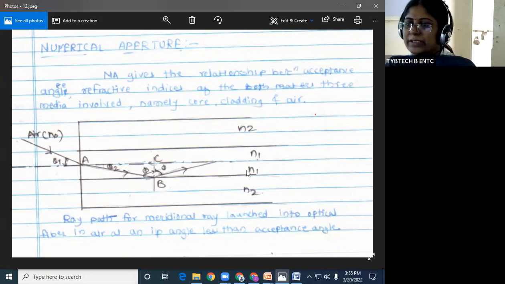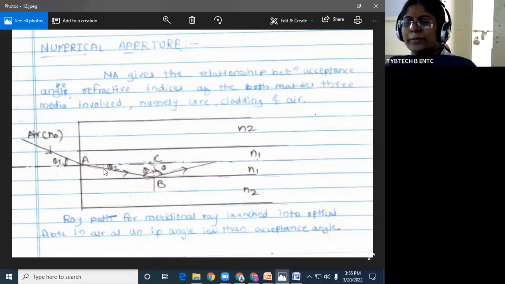Here also it is the core that is surrounded by cladding. This light, when it is incident on the core axis, the angle of incidence made by this light with the core axis is θ1. A general light ray is considered. It is incident with angle θ1 on the core axis, and then it is refracted in the core with angle